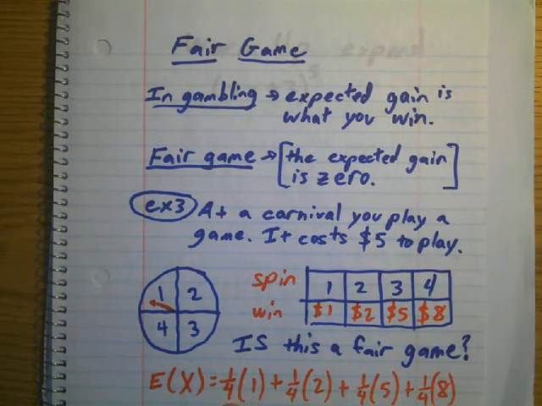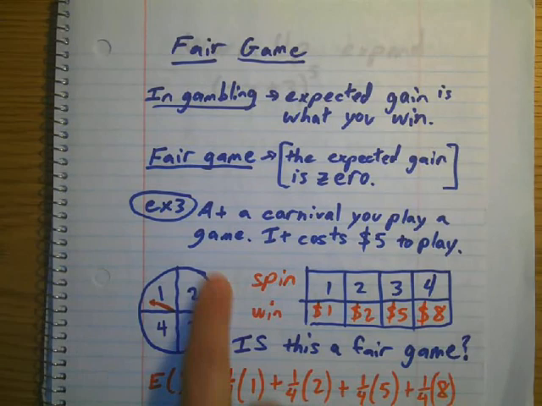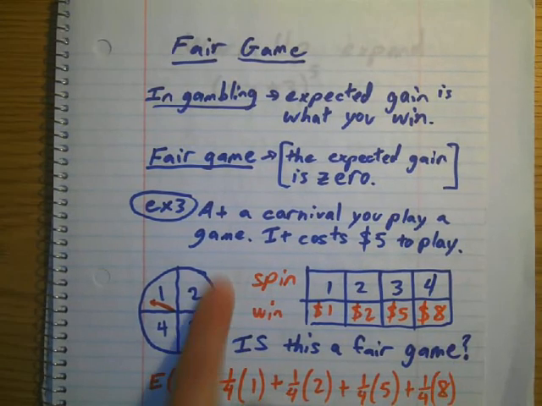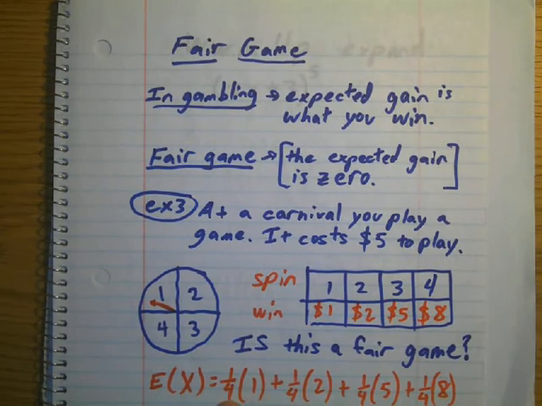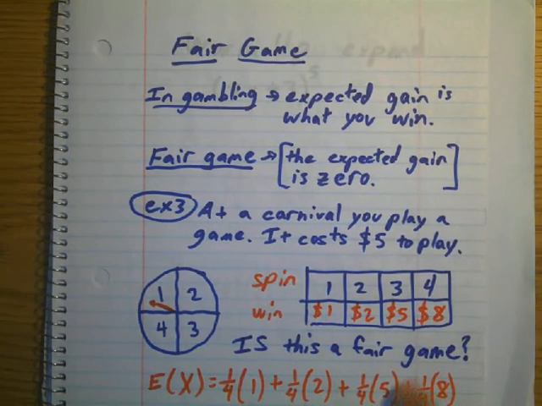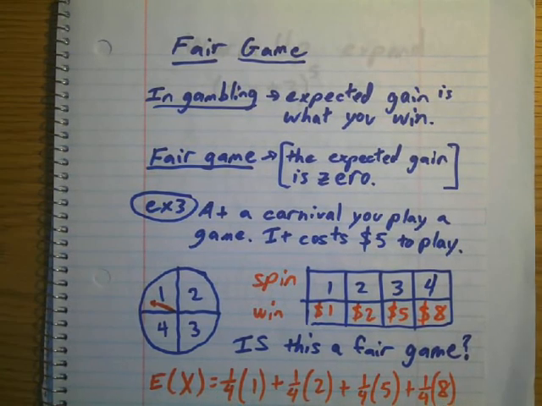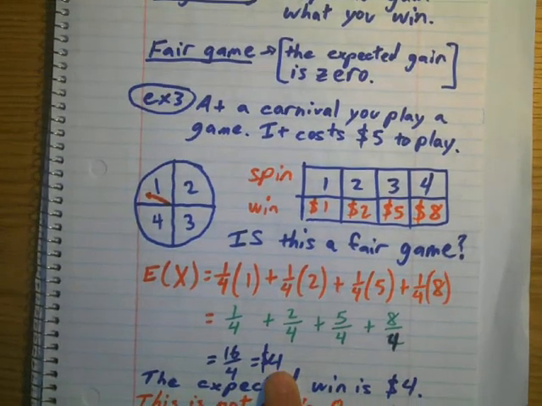So let's multiply. So we've got a 1/4 chance of getting on any of these parts, right? So the probability of getting any of these numbers is equal because the sizes are the same. So I've got a 1/4 chance of getting a 1, which would give me $1, a 1/4 chance of getting a 2, and I would get $2, a 1/4 chance of getting a 3, which would give me $5, 1/4 chance of getting a 4, which would give me $8. We add all these values together, and notice they're multiplied times the probability of getting each of these numeric winnings. Add them together, and then we expect that we're going to get $4.